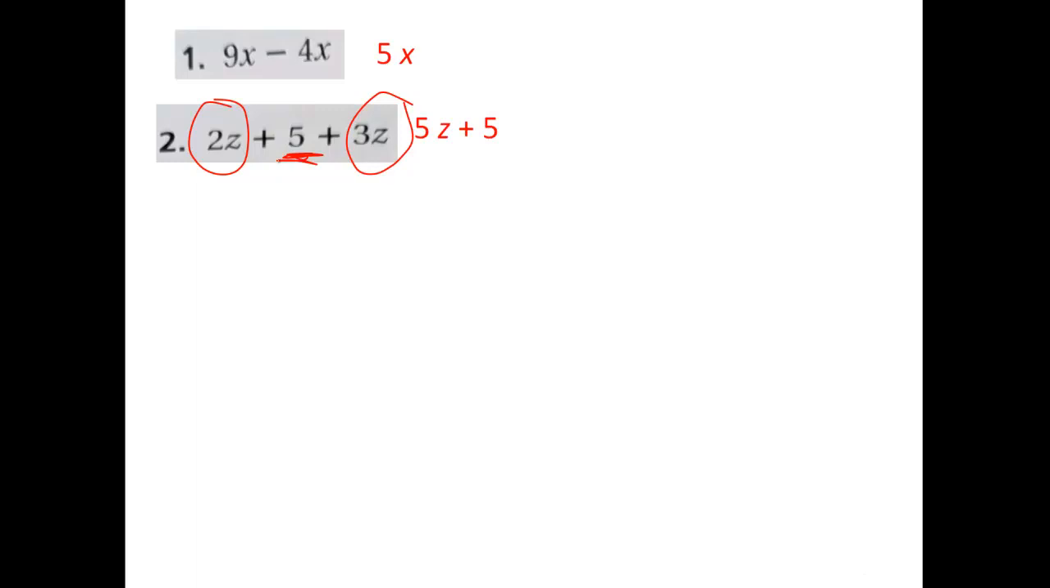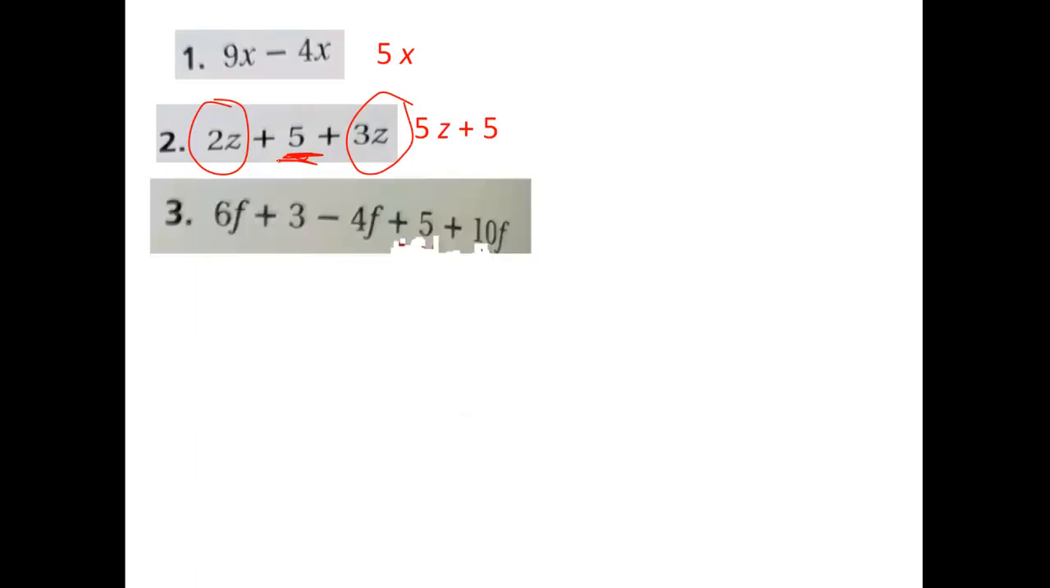Okay, let's go next. Question 3. 6f plus 3 minus 4f plus 5 plus 10f. Where are the like terms? We have this one, take it with the sign, and this one. These three are like terms. We have 6f, negative 4f, and plus 10f, or positive 10f. So let's combine them together. 6 minus 4 will be 2, 2 plus 10 will be